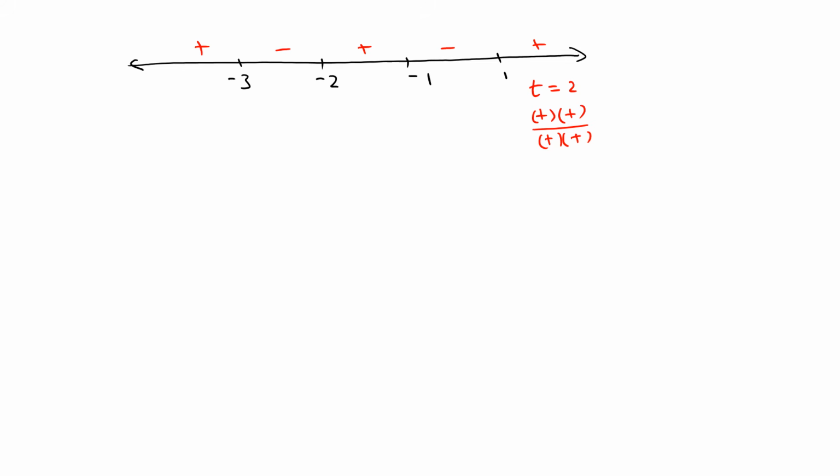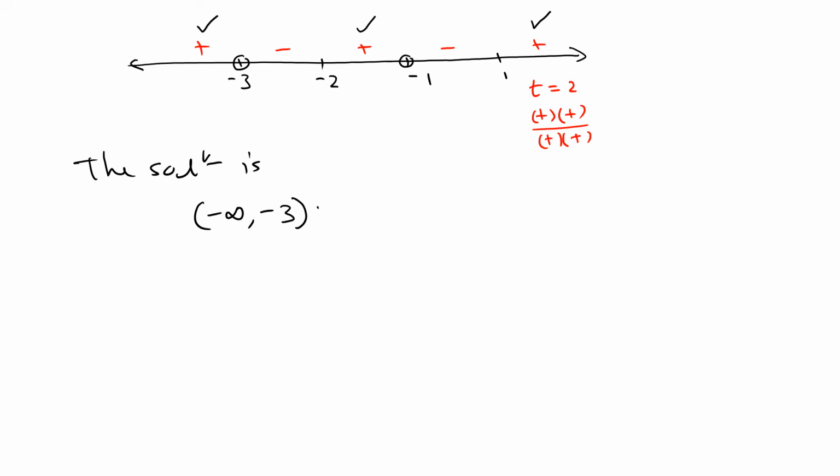That's a sign diagram. And also we're going to remove the zeros from the denominator. So negative 3 is one zero from the denominator, negative 1 is another zero from the denominator. And now we are looking for where the inequality is positive. So that means you're going to look for these three regions, 1, 2, and 3, excluding the zeros from the denominator. So you can write the solution as going from negative infinity to negative 3 open,